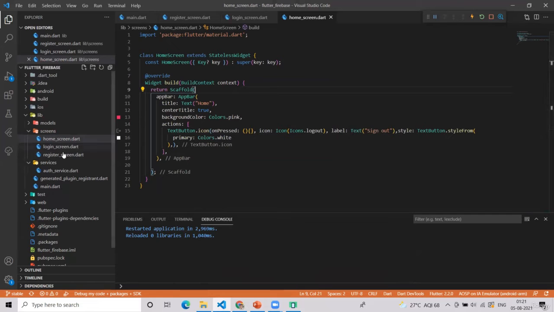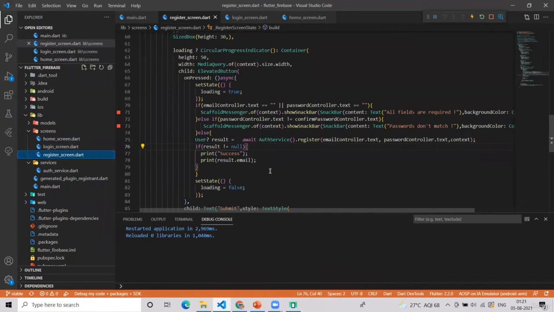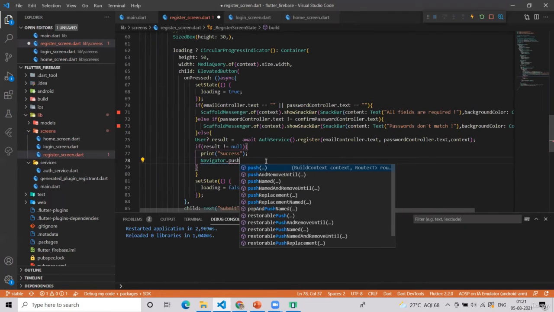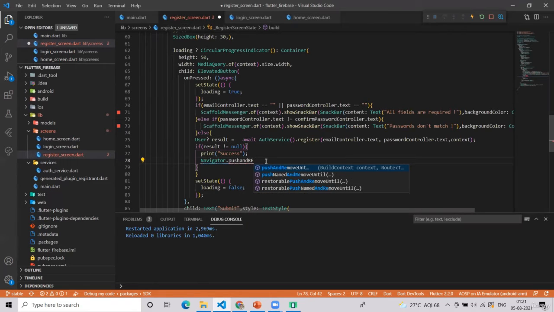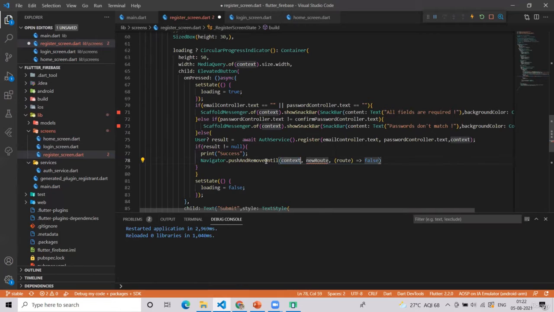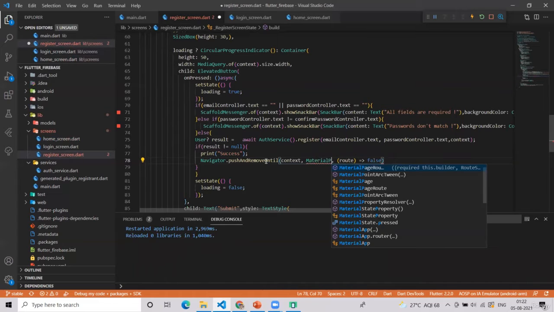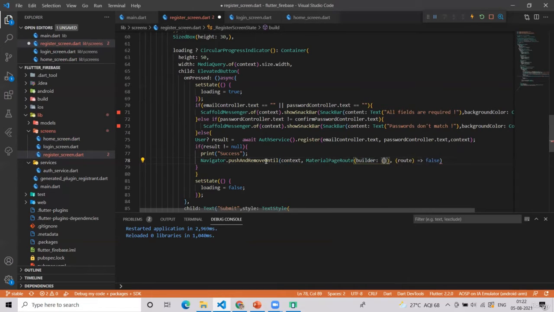For that, simply go to register screen, and here, if result is not equal to null, I will write Navigator.pushAndRemoveUntil, and then in the new route I will give MaterialPageRoute, and in the builder I will simply write HomeScreen. That's it, easy as that.